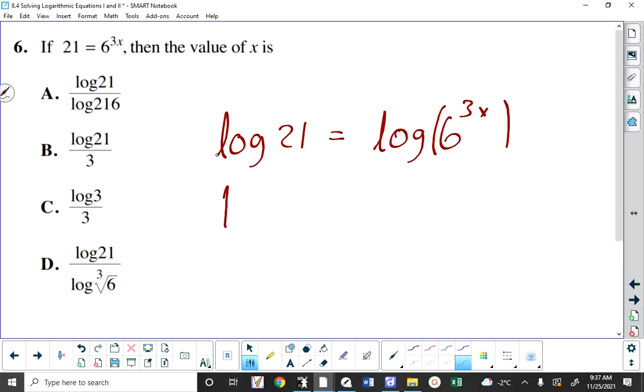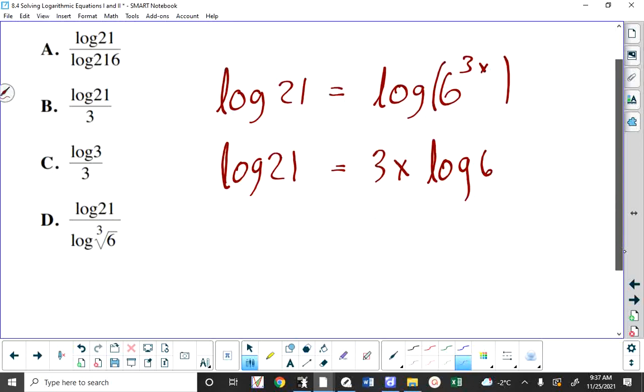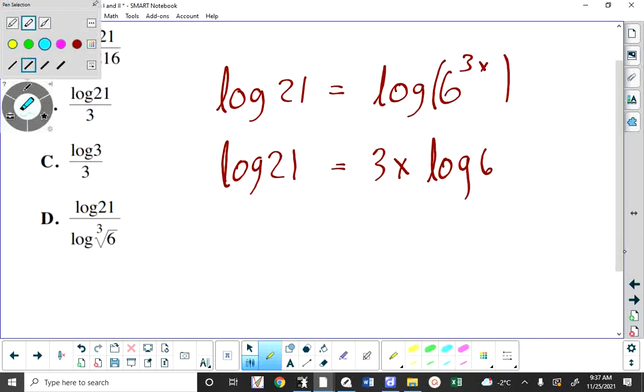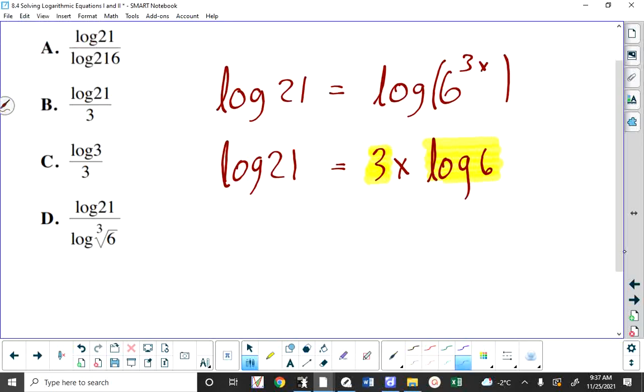This allows us to write log of 21 equals 3x times log of 6 because of the power rule, which says that exponent can be written out in front as a coefficient. And that means that in order for me to get x by itself, Julie, I have to divide both sides by the 3 and the log 6. So I have to divide both sides by 3 log 6. And that's going to give me x equals log of 21 over 3